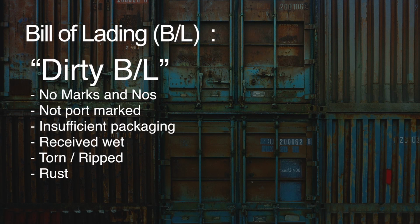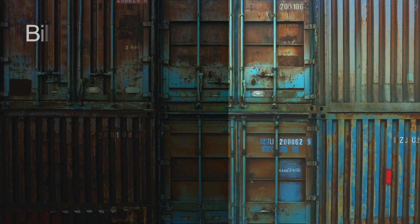An important aspect as well to consider under a dirty bill scenario is that if your cargo arrives at the terminal in bad condition, damaged condition, not only does it have consequences for the letter of credit, it will also have consequences for insurance purposes, and the insurance company may not agree to pay out on a shipment that wasn't presented in a clean way and it wasn't packaged up properly. So that's another thing to be very mindful of, to make sure that your packaging is complete,